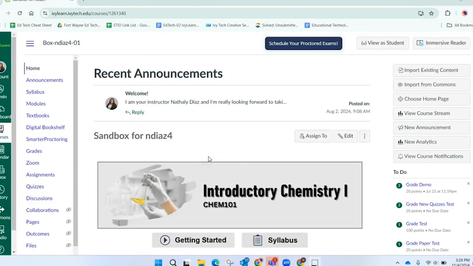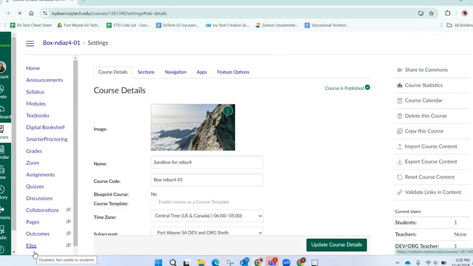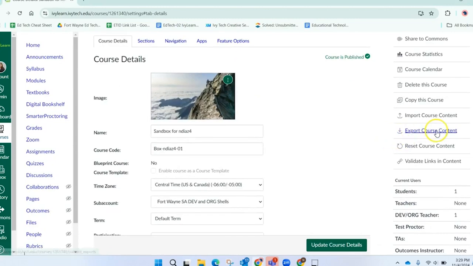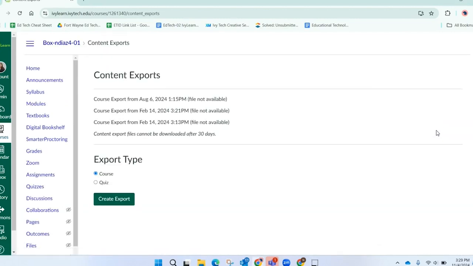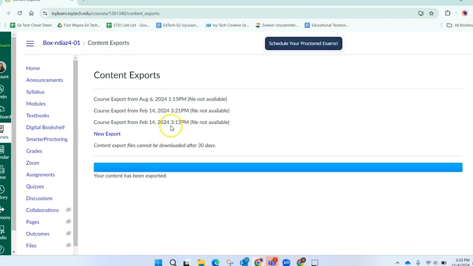When you are ready to export your dev shell into your live course, or if you want to export it to share with someone else, you'll simply go to Settings again, click on Export Course Content, and then click on Create Export. And then from there, click on New Export.